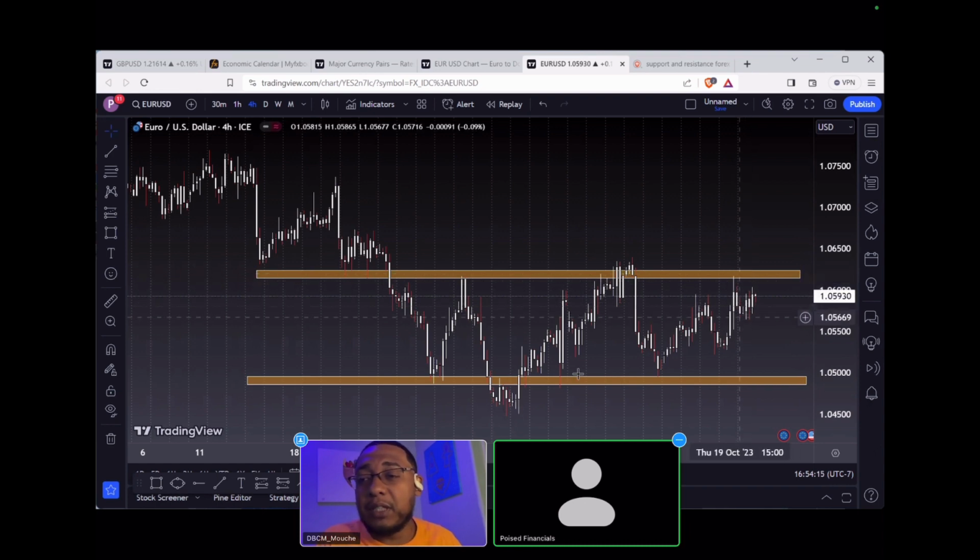So now, to me, we have a total of 1, 2, 3, right? Because we have a total of 3 taps, once again, 2 or more, this lets me know that this is my level of resistance. Now, as I said earlier, to find an area within the market that has 2 or more taps in both ways,